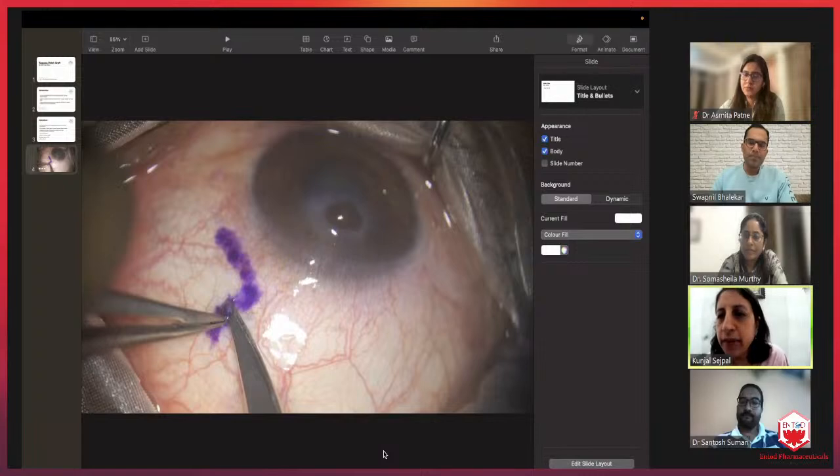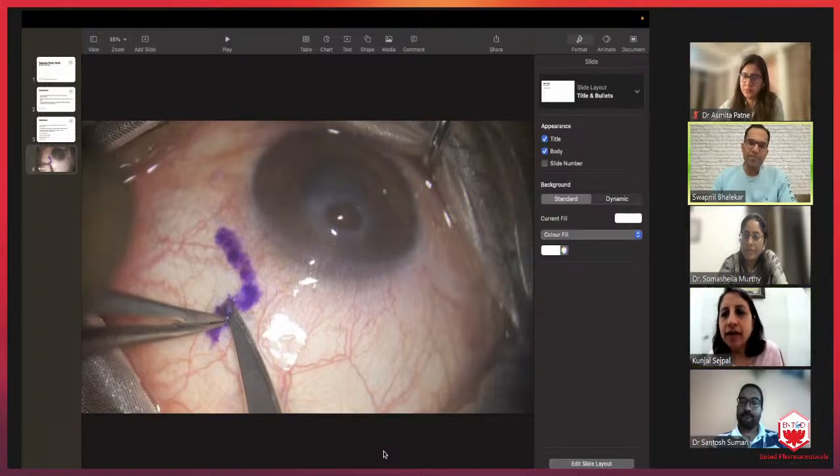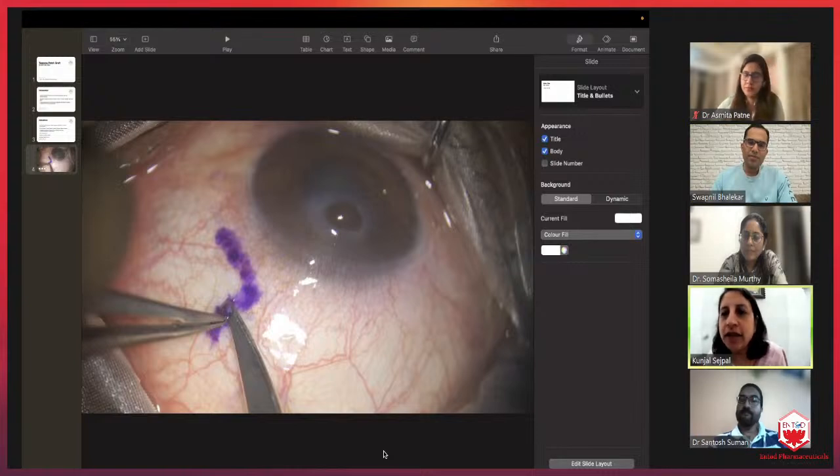I have a question. Am I audible, Swapnil? Yes, please. It was just related to what you just mentioned about the vascularization. I also use a lot of Tenon's patch grafts, but as compared to cyanoacrylate glue, do you find a difference in the vascularization? Initially, in some cases, I thought that the Tenon's induces less vascularization, but then there are many cases in which I feel it's just the same as the cyanoacrylate glue.